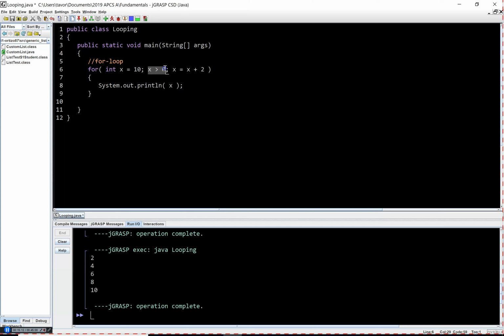That's what this is going to check. So if this is a true statement, print. And instead of increasing x by 2, that's what we're doing here, x is equal to x plus 2, we're going to decrease x by 2. And so we're going to say x is what it used to be, minus 2. And so we come in here, we're going to get 10. Is 10 greater than 0? The answer is yes. So we print 10. And then we loop back up here, and we say x is what it used to be, 10 minus 2, that's 8. Is 8 greater than 0? The answer is yes. So we print the 8, and we loop back and loop back, and we can compile,